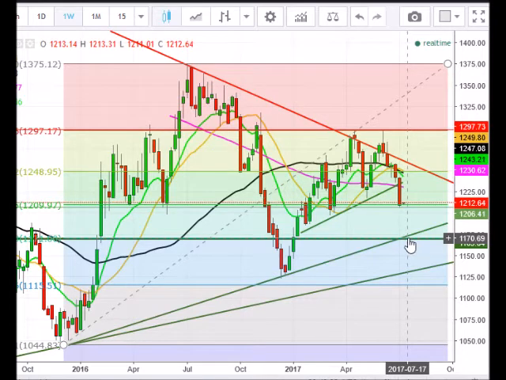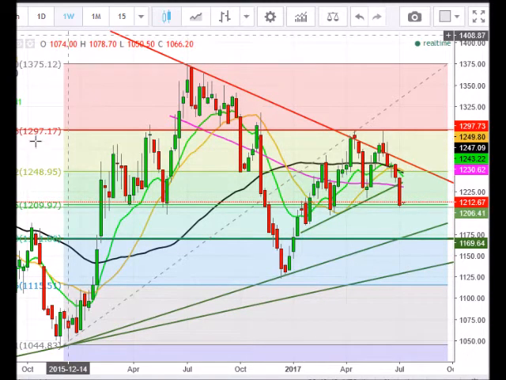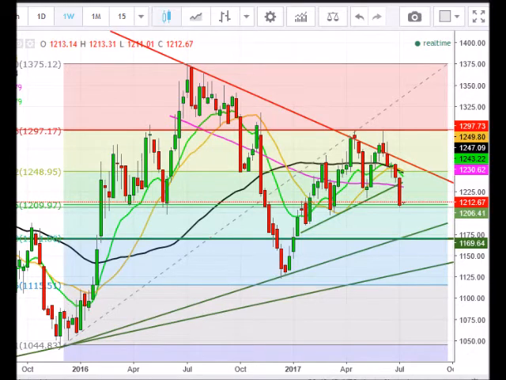So that's the level I'm going to be watching personally. I'm going to remain on the sidelines here or possibly jump in for a short. I just need to see exactly how high we bounce. So where are we going to bounce? Let me drop down to a lower time frame to get a look at things and give you my opinion.